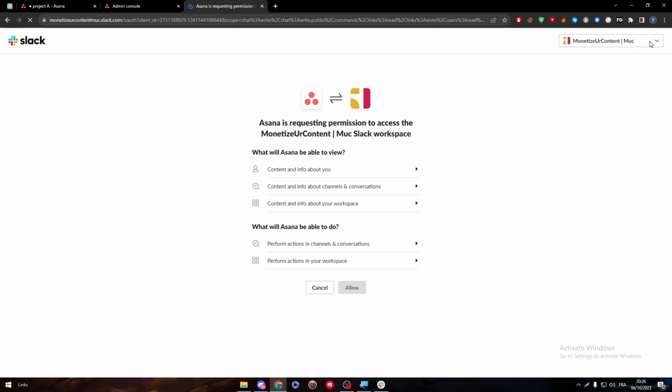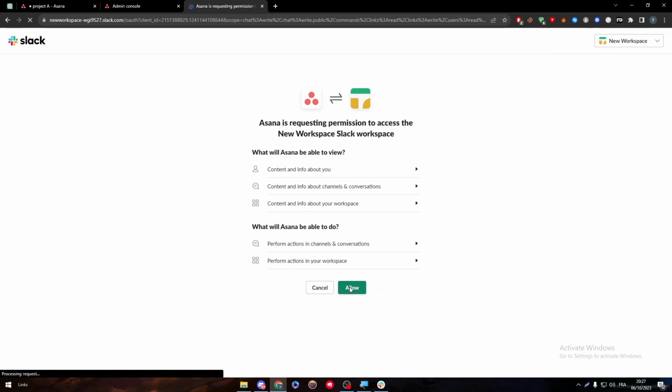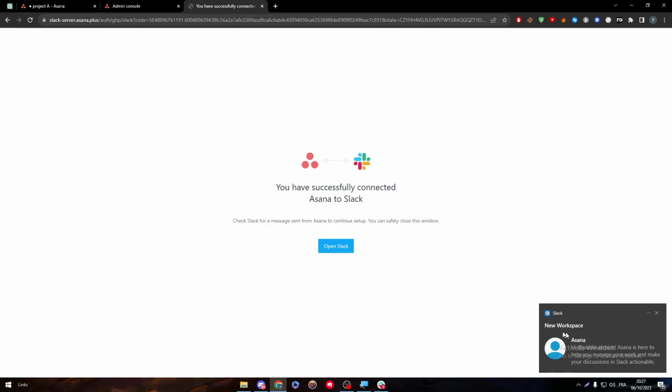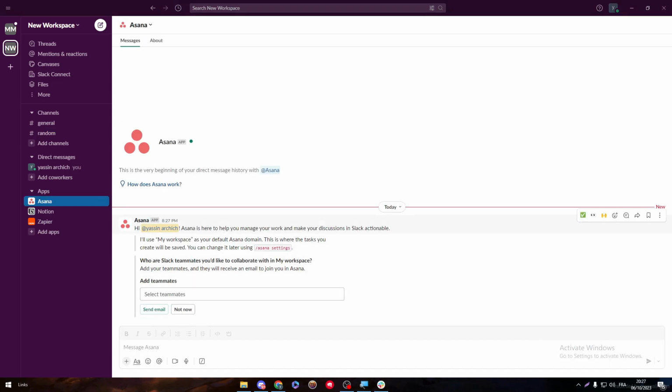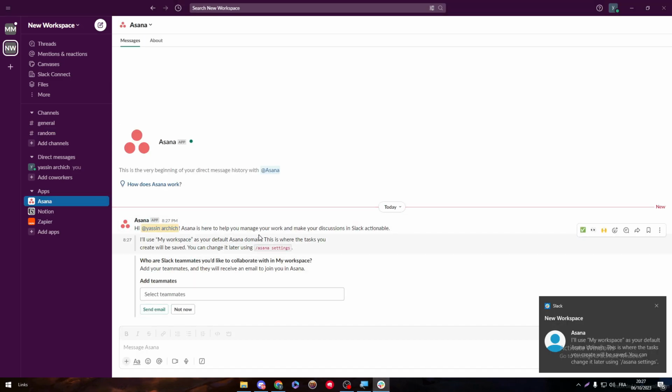And here, let's change this to new workspace. Allow it. And let's wait a little bit until it loads. And here we go. So open Slack. Now we can just find it in our Slack. Here it is. So now, hi, Asana is here to help you manage your work and make your discussions in